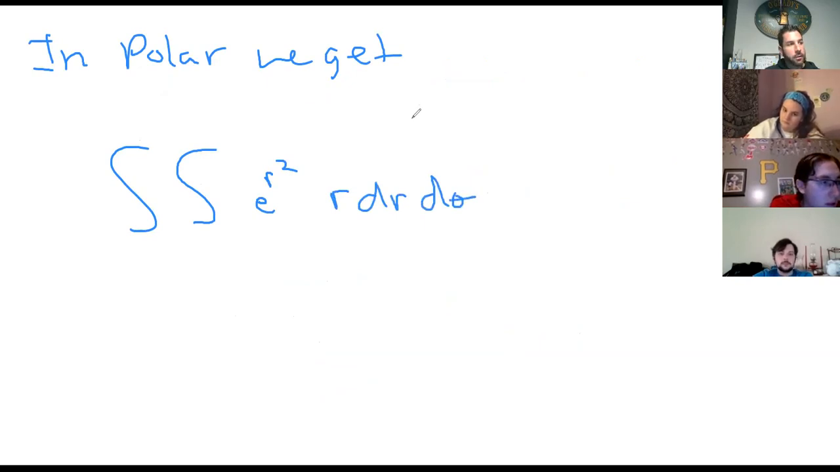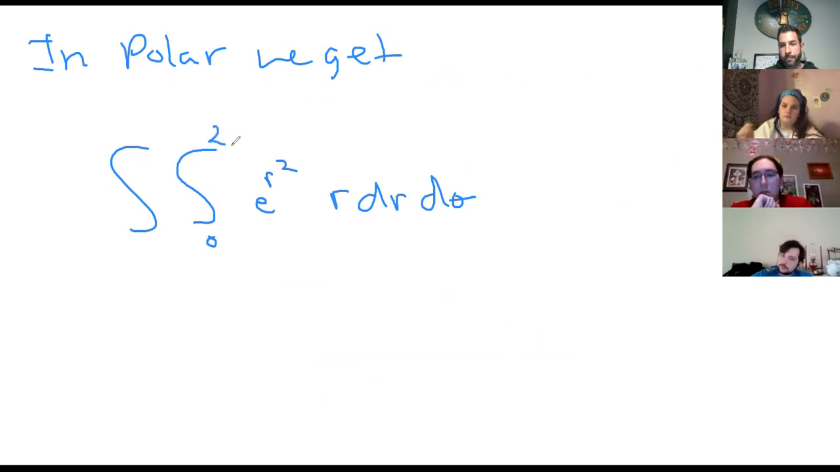Now, what are your bounds? Here's what you need to ask yourself. Where does r range? Where does the radius go from? If I look at my region, the smallest points are 0 from the origin, and the furthest are 2. Now, what about my theta? How does my theta range? Well, I'm doing the whole disk, so theta goes from 0